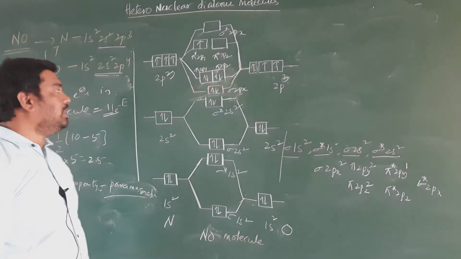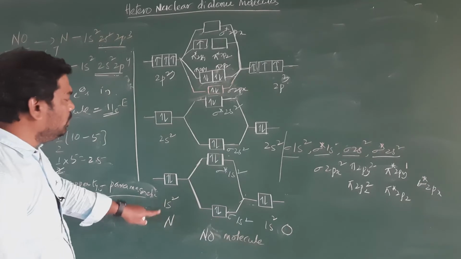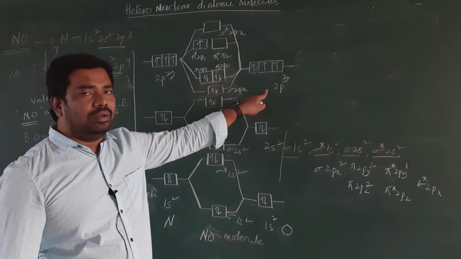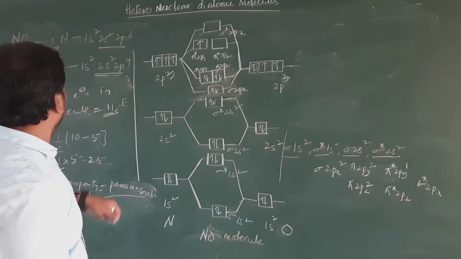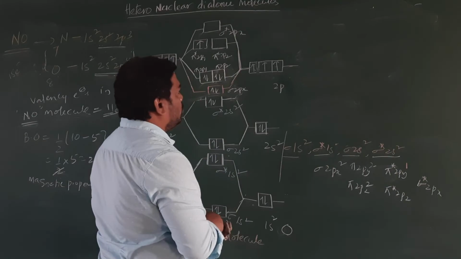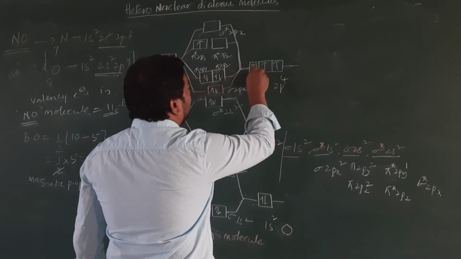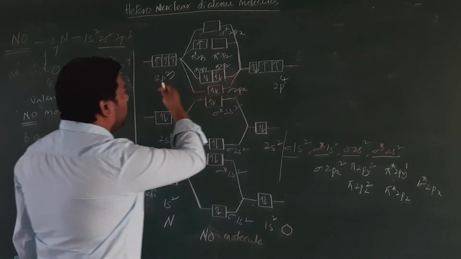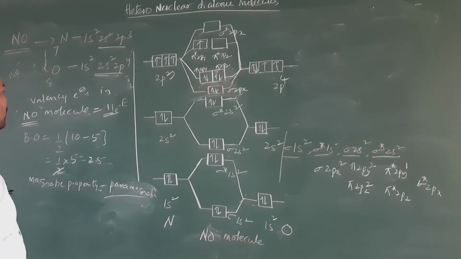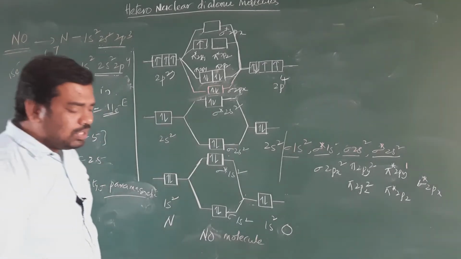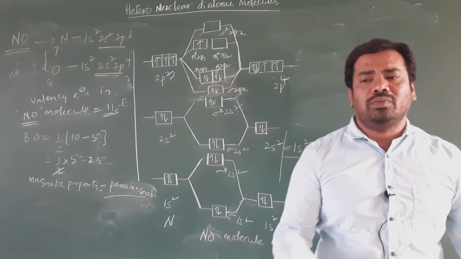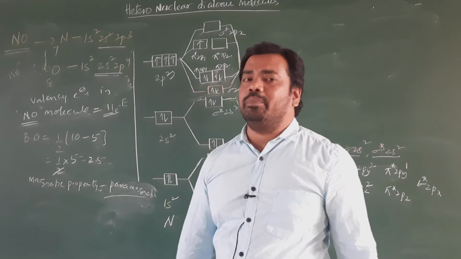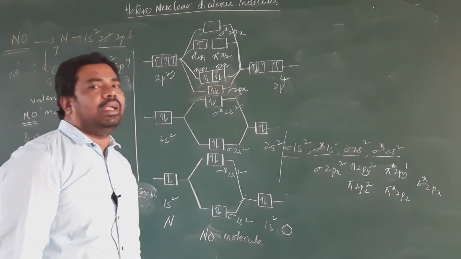the HF molecule, which we will discuss. Clear, student? So this is 1s2, 2s2, 2p3 and 1s2, 2s2, 2p4. So 7 plus 8 is equal to a 15 electron system, and it possesses above the 14 electron rule. Therefore the electrons enter into the sigma 2px first, then the next electrons enter into the pi orbitals, pi 2py and pi 2pz.